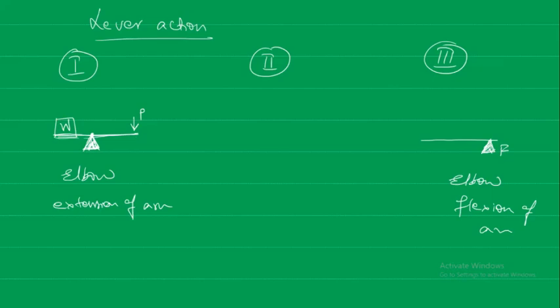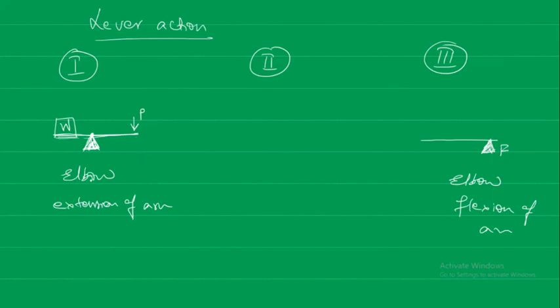Okay, so the lower part of the hand, which has the radius and ulna, there are two bones, right? Radius and ulna are the two bones, and the humerus is the upper bone, the long bone of the arm. So what is happening is that the biceps is connecting the upper side, the humerus, to the ulna of the lower one.